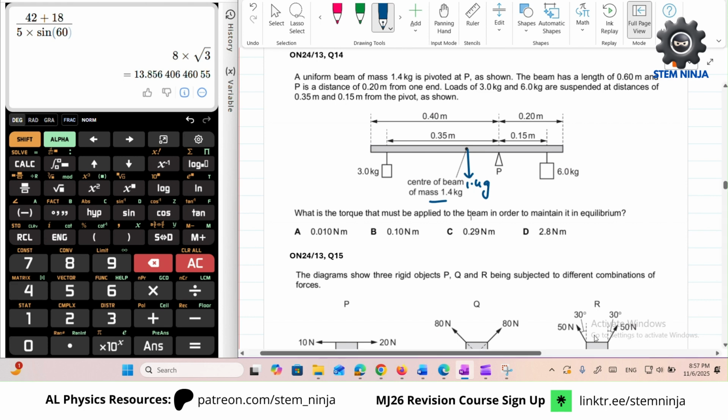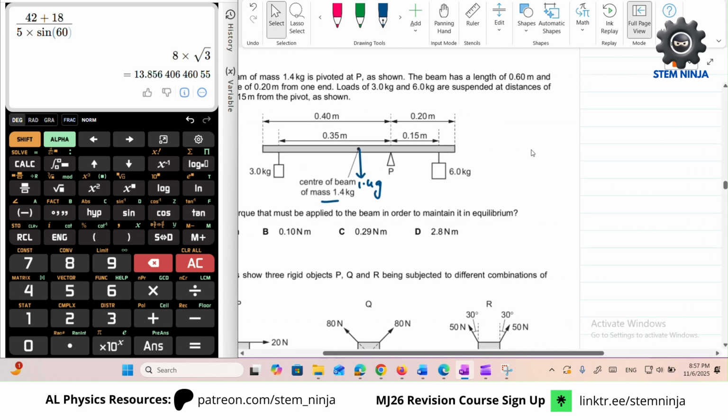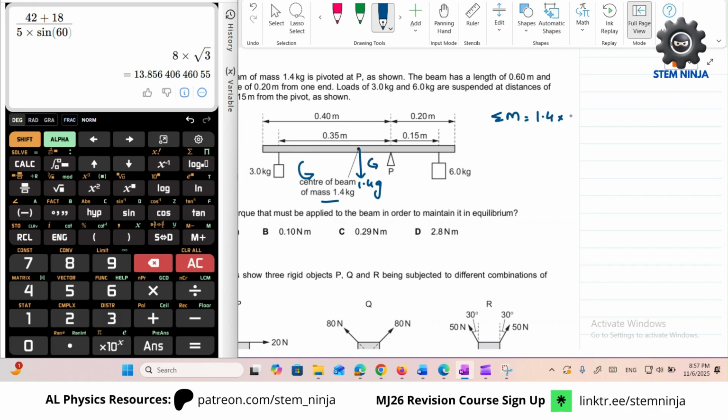Okay. So let's do the sum of moments. Positive clockwise, positive anti-clockwise, negative clockwise. So anti-clockwise is this one and the weight. So 1.4 times by 9.81, weight, times by, sorry, this is 0.6 in total, and this is at 0.3, so this is going to be 0.1